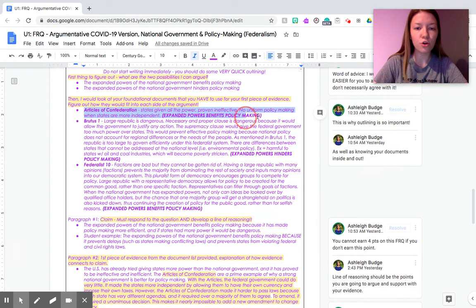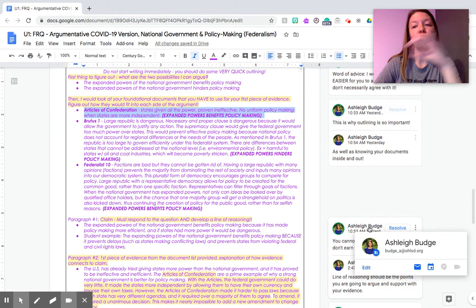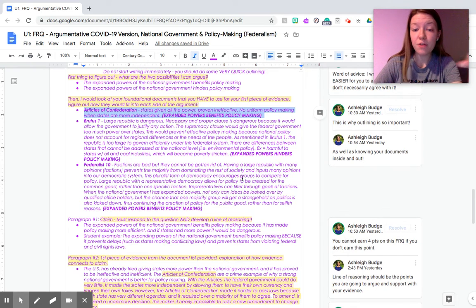So the first is the Articles of Confederation, all the way back to August. Remember, we did our tombstone activity. So ultimately, remember, these Articles of Confederation are the first governing document of our country, right? They're kind of that extreme reaction to the monarchy, giving all of the power to the states, creating a very weak national government, okay? Because of this, it was very ineffective. There was no uniform policy making when the states were independent. Right? The national government couldn't collect taxes. It couldn't create a standing army. There were no courts, no executive branch.